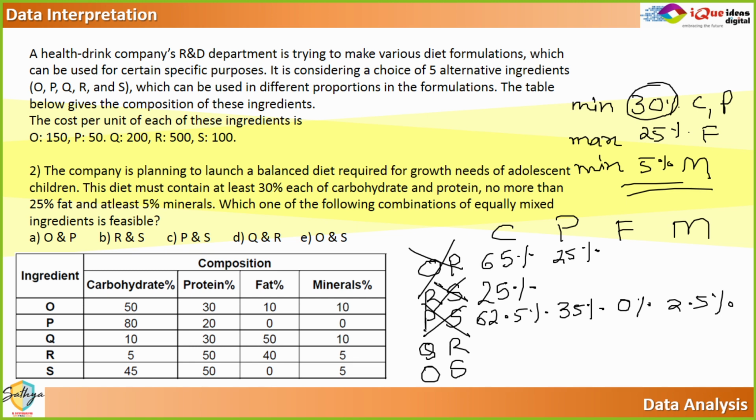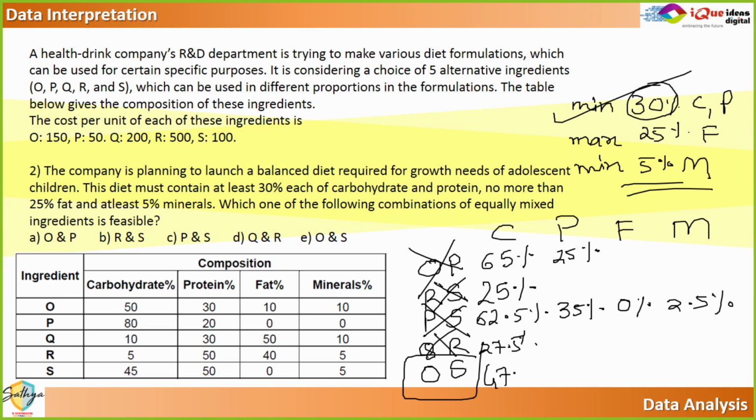Going with Q and R, 10 plus 45 is 55. Half of 55 is 27.5. It does not match my requirement of minimum 30%. So the only option left is OS. If you check all the numbers, O and S, 50 plus 45 is 95. So 95 divided by 2 gives me 47.5, right? So